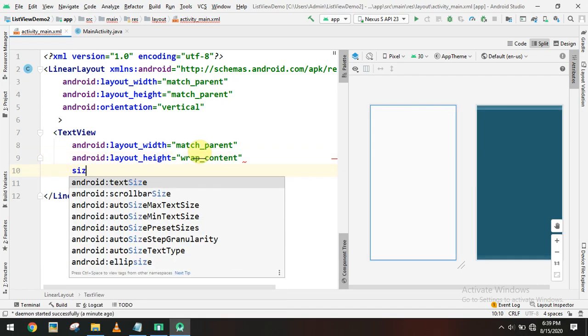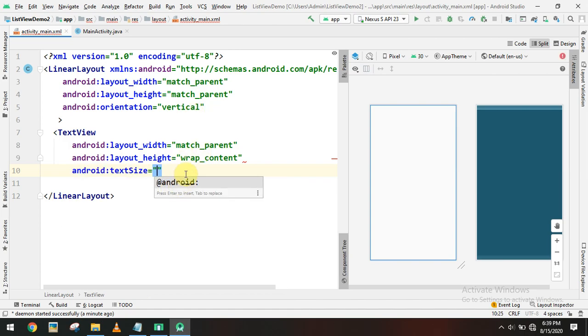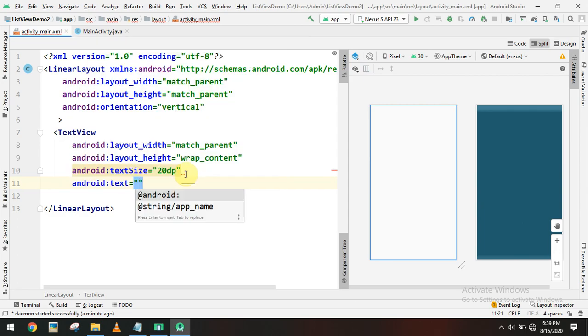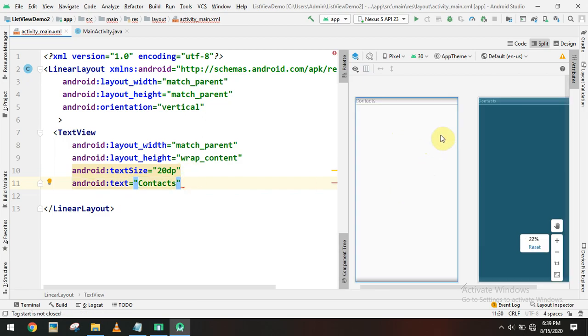Then I'll set the text size as per your choice. I'll take 20 dp, and you can specify whatever text you want to display, like context text.